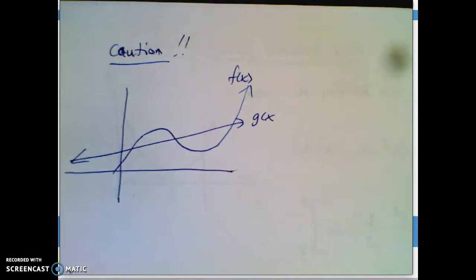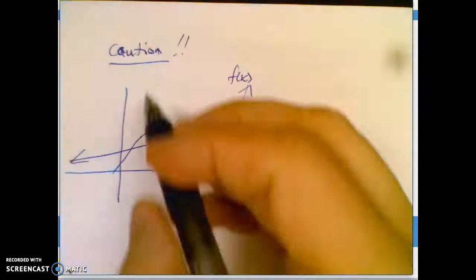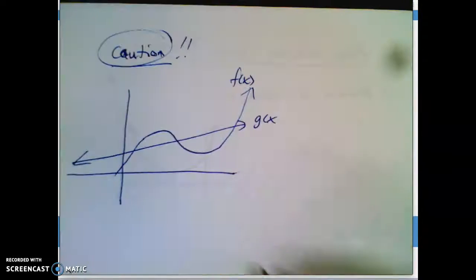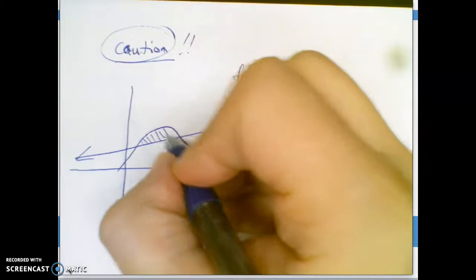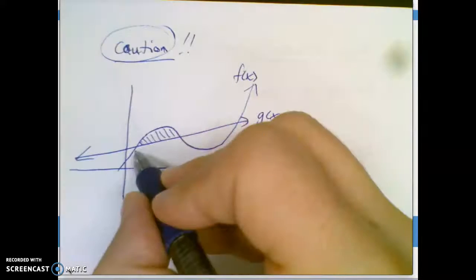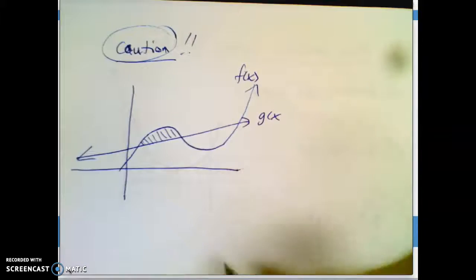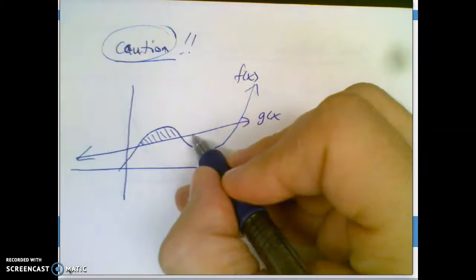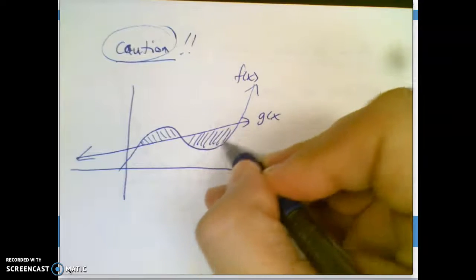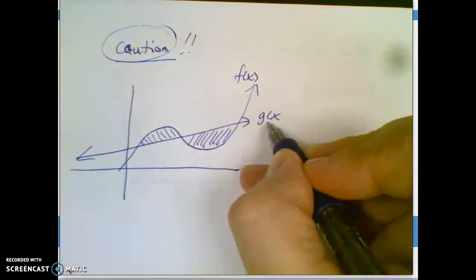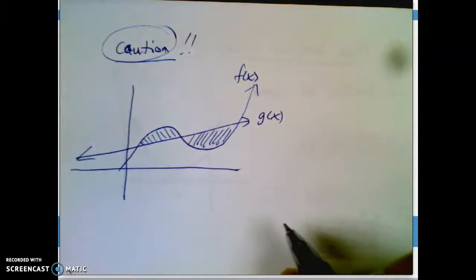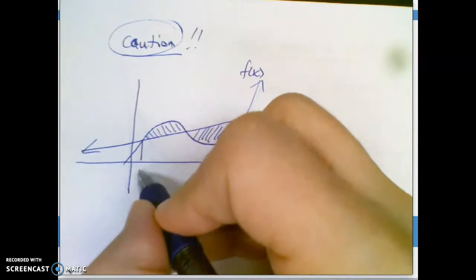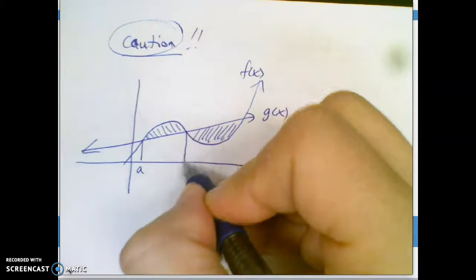Now for the tricky part. Sometimes you have to watch out, because if I asked you which graph is on top, you'd have to say depends, because look at this. For this chunk, the curvy guy, or f of x, is on top. For this chunk, the straight line is on top, or g of x. So if you ever get a picture that switches which graph is on top and bottom, you still have to find the intersection points,